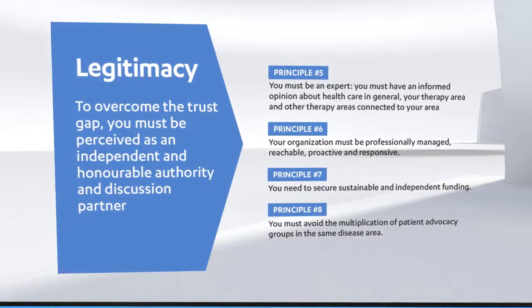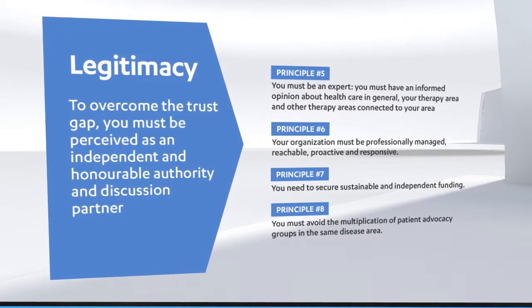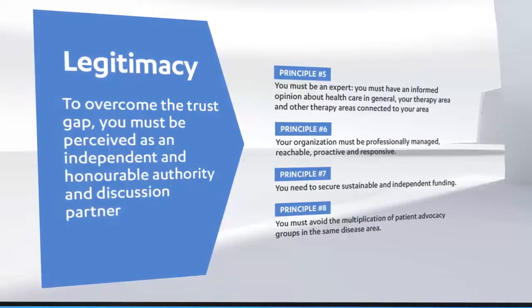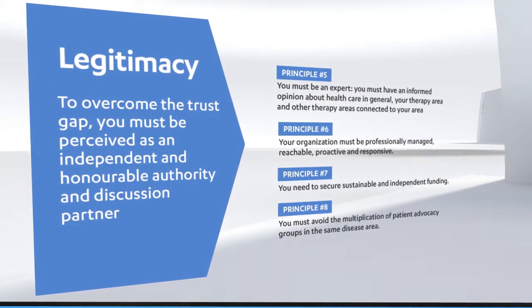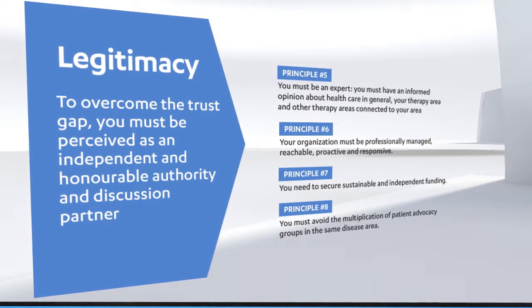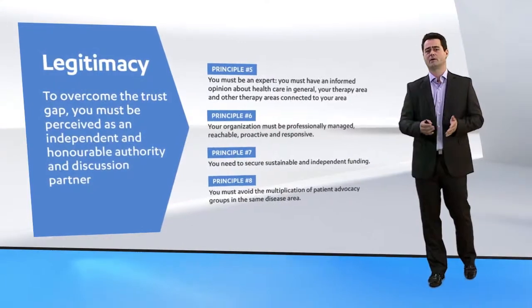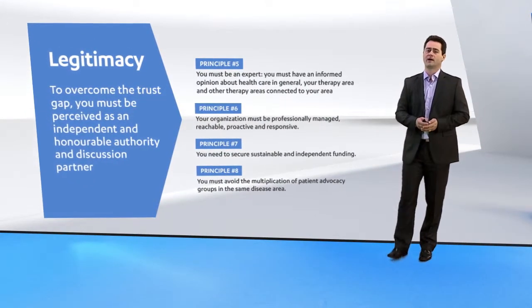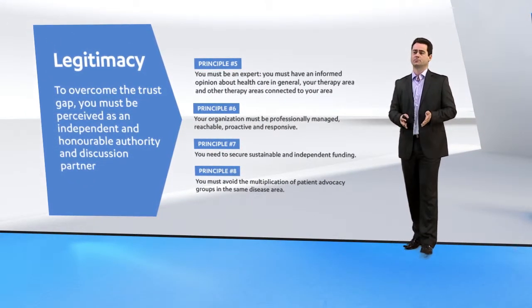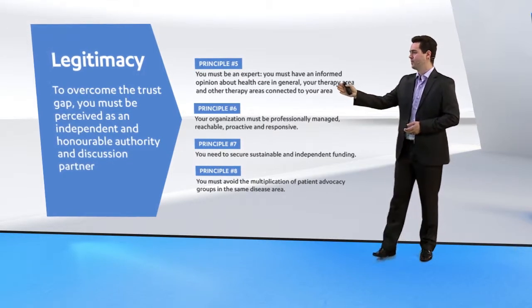This leads us over to principle 7, which says you need to secure sustainable and independent funding. This is crucial. If you don't follow this, you will be perceived as a fifth column, or to put it even more harshly, an agent for your sponsors. Principle 8